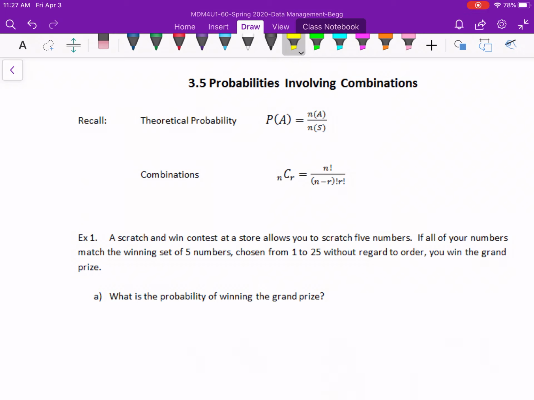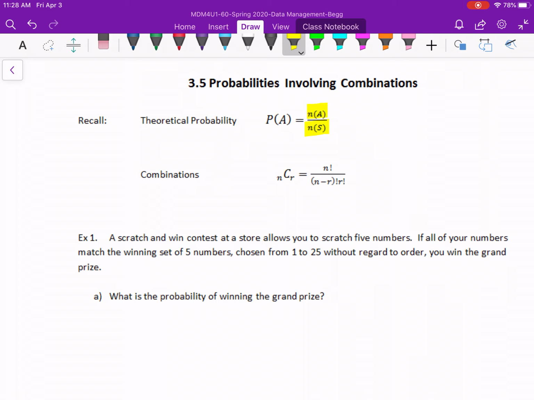This is the last lesson in Unit 3, and it involves putting combinations together with probability. And, again, like we've done up till now, just putting different aspects of the math together. So remember, theoretical probability, the probability of an event A happening, is the total number of ways that A could happen, which is n of A, divided by the total number of possible outcomes, successful or unsuccessful, the size of